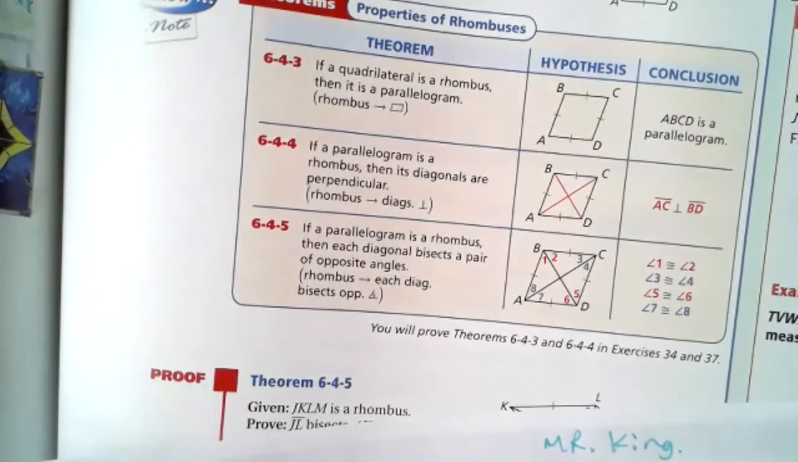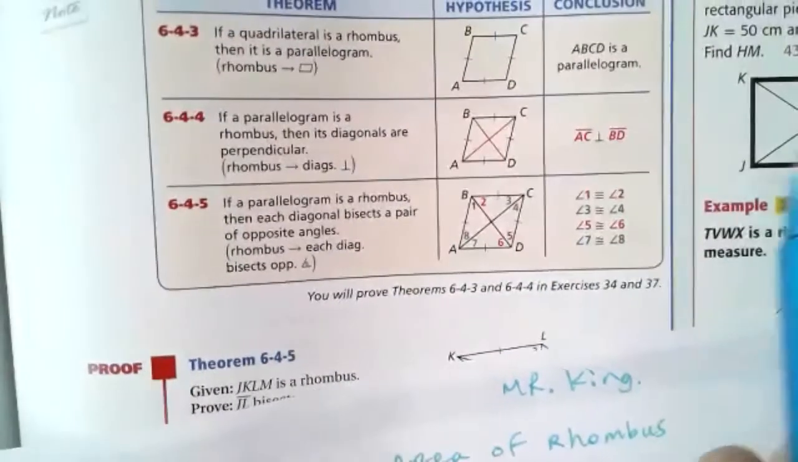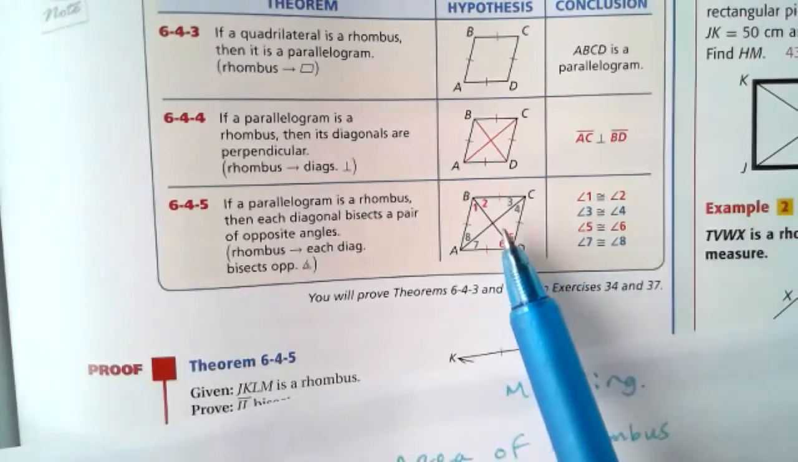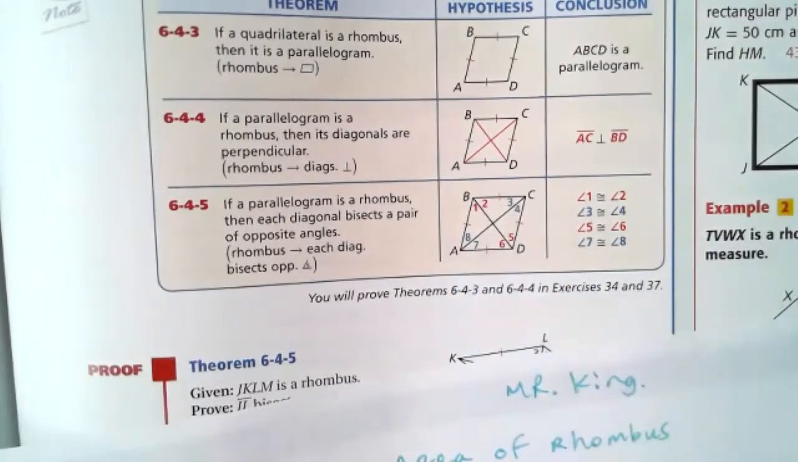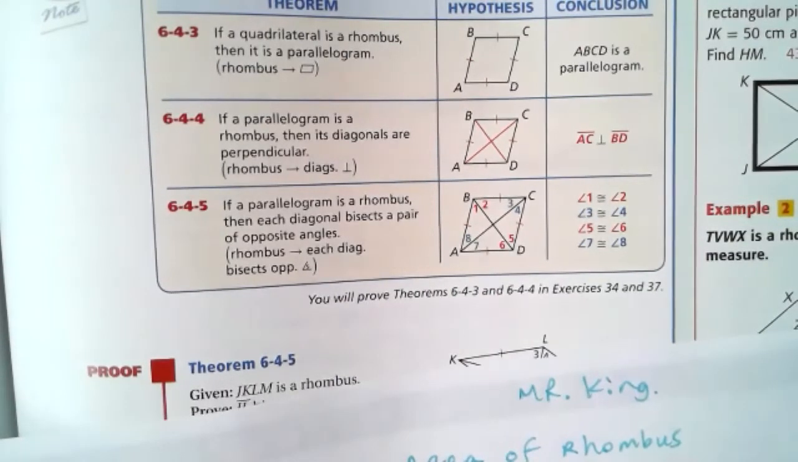Now, if you'll notice, it's got a few more things here. We've got angle 1 is equal to angle 2, angle 3 is equal to angle 4. So these angles are equal, these angles are equal, these angles are equal, and these angles are equal. Well, that means these two, these two, these two, and these two are all equal to each other. So it doesn't say that 1 is equal to 5, but it does say that 1 is equal to 2,